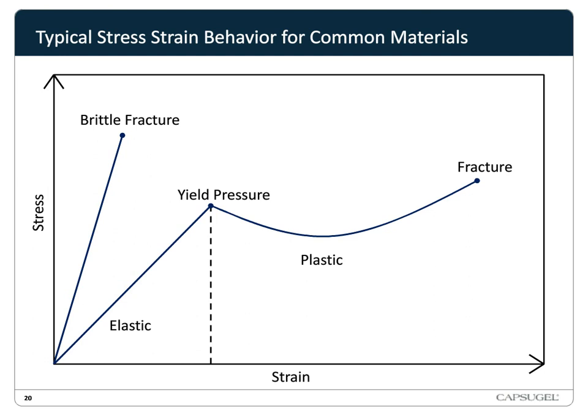Okay, so this slide shows some typical stress-strain behaviors for common materials. Stress and strain are generally descriptors for applied force and deformation. So when an applied force causes a deformation and then that material returns to its original shape, it's said to be elastic. Now, plastic deformation is when the material does not completely recover after removal of the stress,